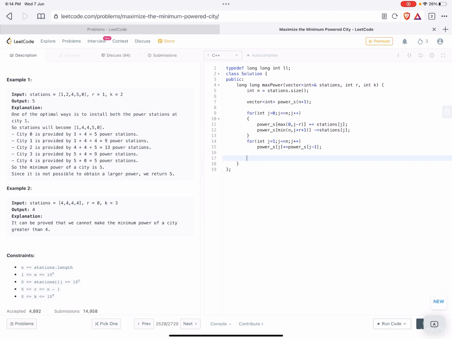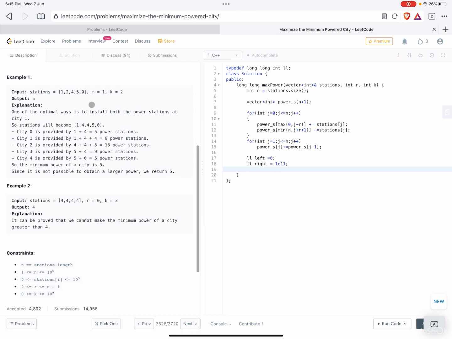After this is done, let us define left equal to 0 and right equal to some large bound, which should be a good range, because we need the maximum possible answer.